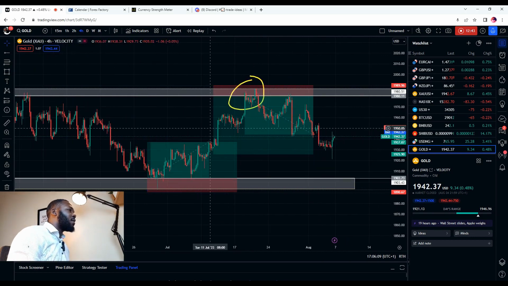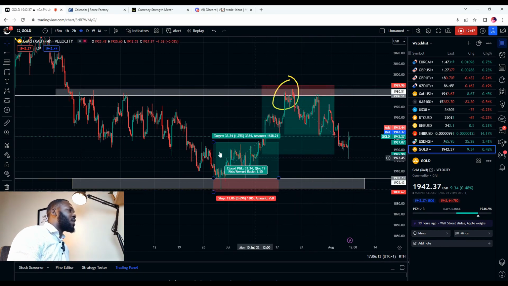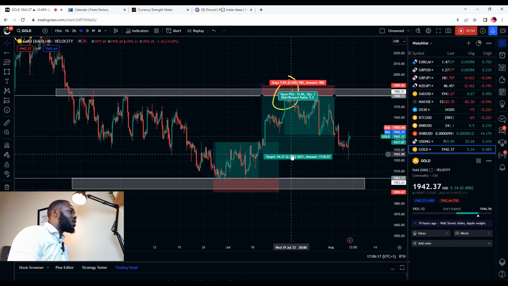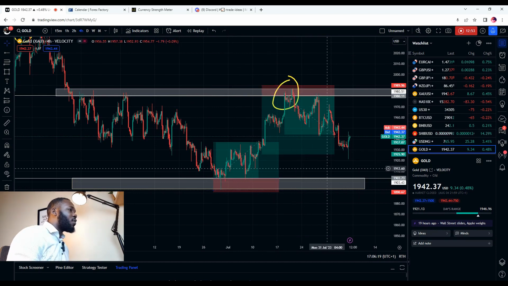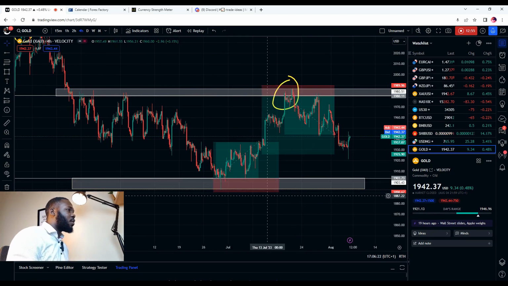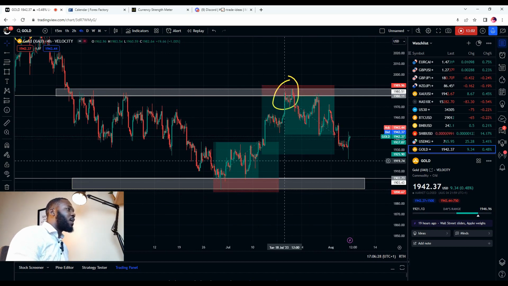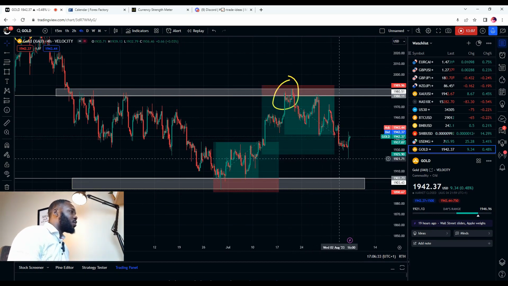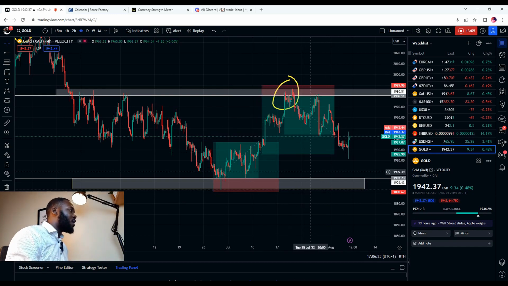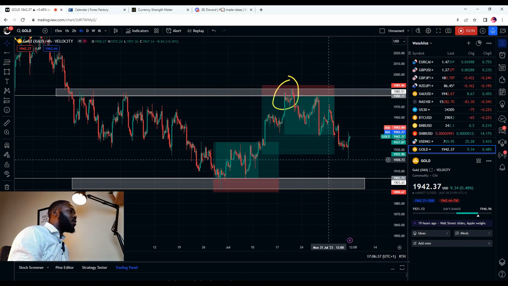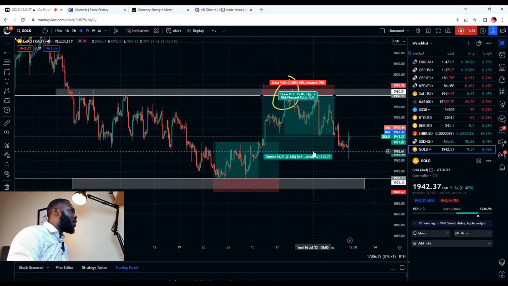But here, I had to create a strategy to deal with it. And trust me, this strategy has been working 90% of the time. It has been preventing me from getting too much loss in my account with these rectangular zones, support and resistance zones, to get the full support and resistance zone, whereby even if the market is acting like it's faking out, it's breaking out, before going to your profit zone, it's not going to hit your stop loss before going to your profit zone. So in that way, you are going to be able to overcome stop loss hunting.